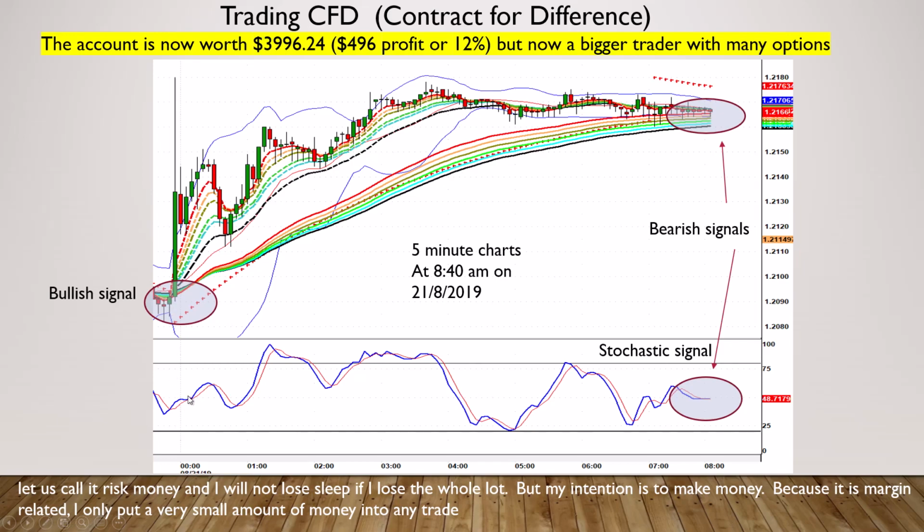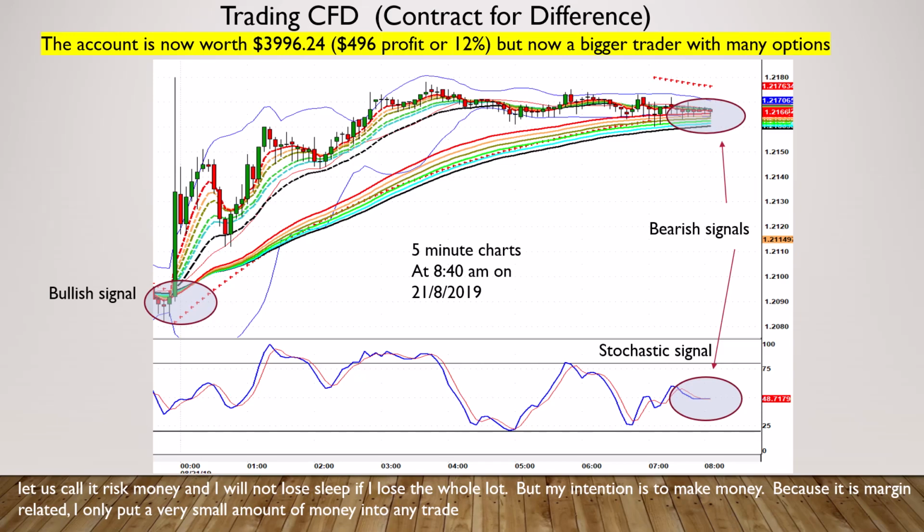First of all, the stochastic, we're indicating bullish, and the candles in relation to a lot of those indicators. As you can see here, we've got a lot of indicators that look like a spaghetti bowl, but anyway, they mean something. And of course, in our education program, we teach you how to read those signals. This morning we've seen that right here on the right hand side there is a bearish indication, and the signal also by the stochastic tell us that it's better to reduce our trades from 100,000 to 50,000 and reduce the